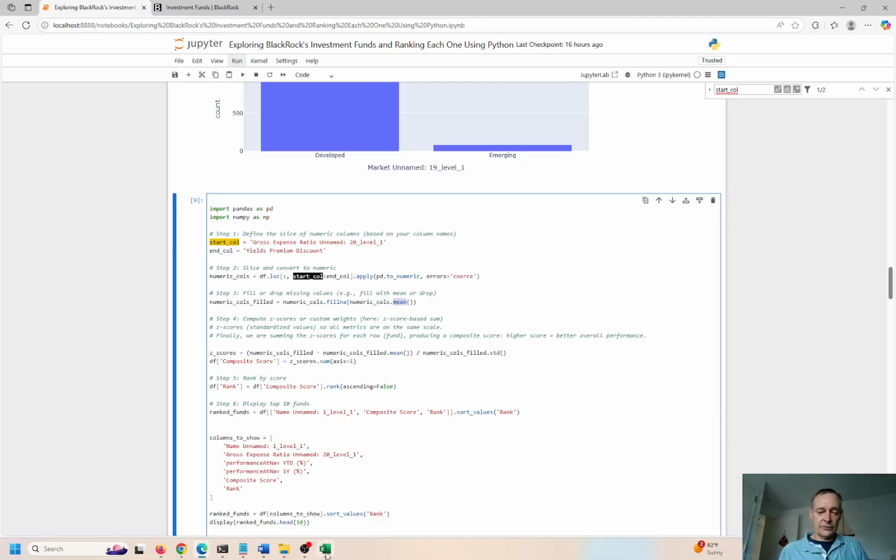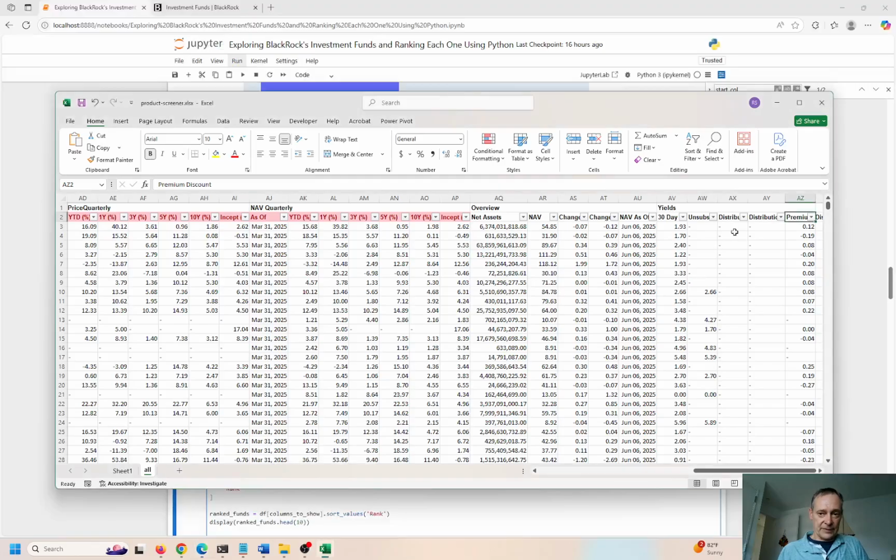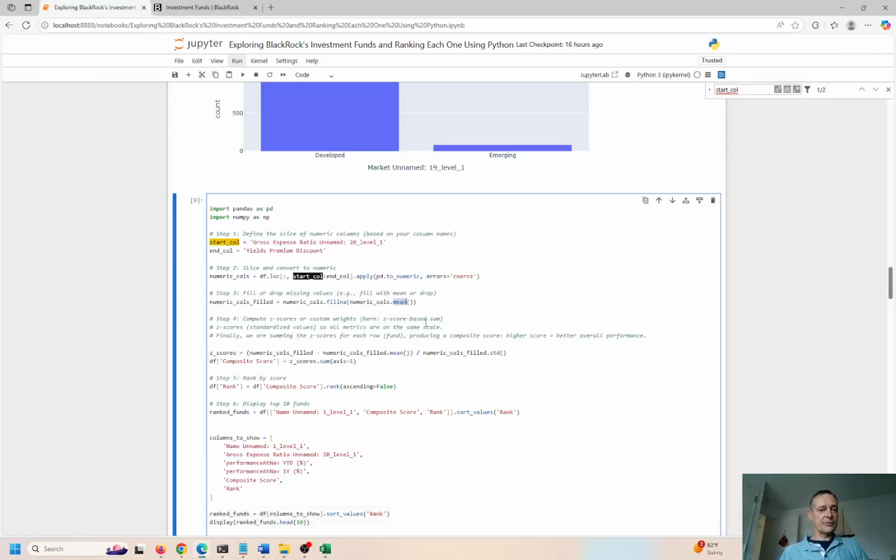And if you look closely, some of them do not have numbers, right? Some of these things just don't have numbers, and that's just the way it comes in. But we want it to be cleaned up, straightened up, tightened up a little bit. And then we're going to compute a z-score to get everything standardized so all the metrics are on the same scale, right? So if you have a big metric that's $1 billion, and a smaller metric that's 1,000, these numbers are